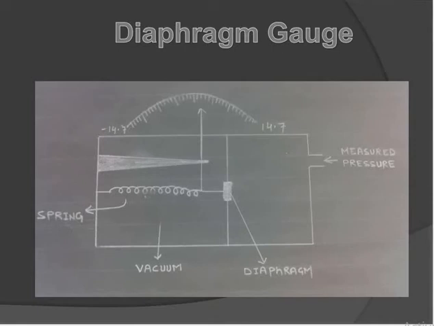Whenever the diaphragm is enlarged, when pressure is applied on that diaphragm, the pointer rotates. When no force is acting on the diaphragm, there is no action of the diaphragm, so the needle will not show any pressure. Whenever force is applied, the scale is turned with the help of the diaphragm. So now we will see the next one.